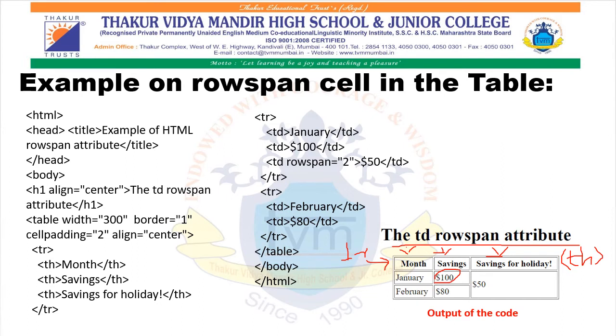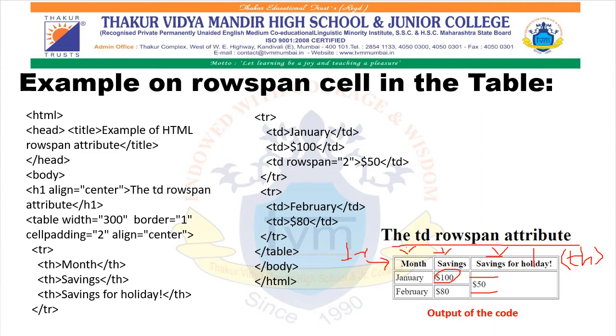Now you can see that row number 2 and row number 3, in the third column, we are going to merge the cells. So from where we are going to start our merging, from that particular row we have to specify at which column the merging will start. So if this is my row number 2, I am going to merge the cell in the column number 3. In the column number 3 I am going to merge the cell with rowspan 2. That means I am going to merge the cells which are in the third column, second row and third row.